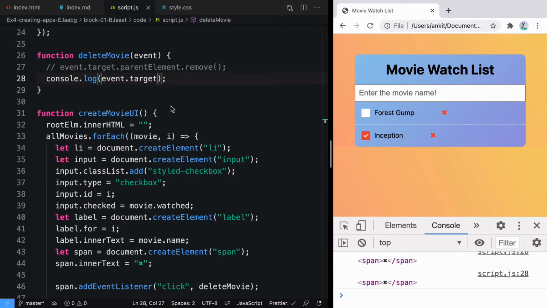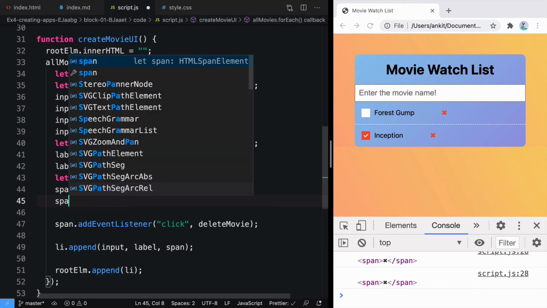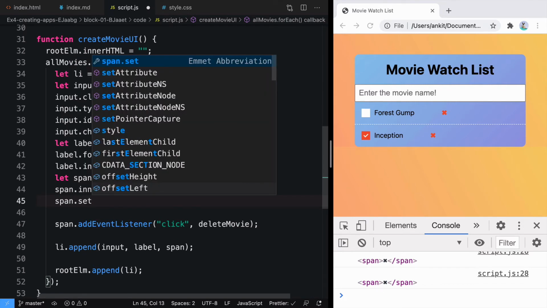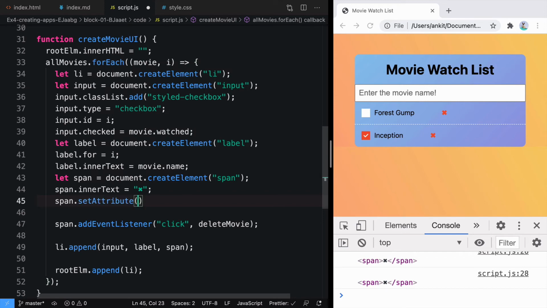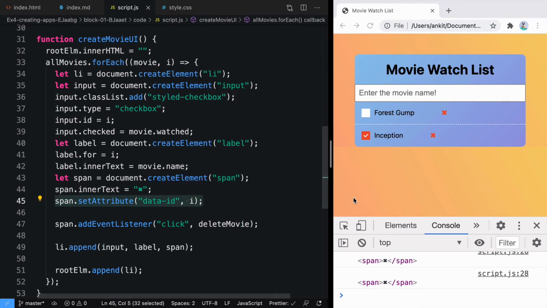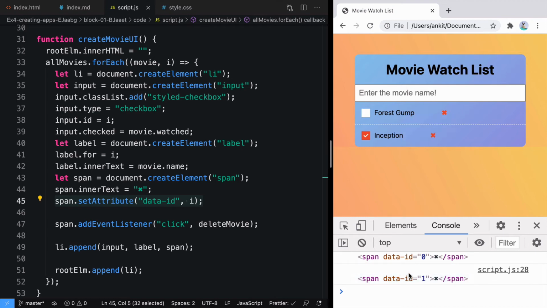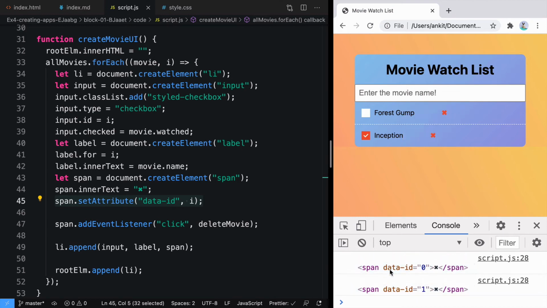So the way to differentiate on any element is to add some custom data, also known as data attributes. We'll just add a data attribute. So we'll say set attribute. What attribute do we want to set? We want to add a set attribute data-id, which should be equal to some random value. So here if you look at the i value, it's a unique value, so we'll have i as the set attribute. So now if you click on any of the icons, you'll see this one has data ID of 0 and this one has data ID of 1. So now it became a lot easier for us to differentiate between them. So this one is done.